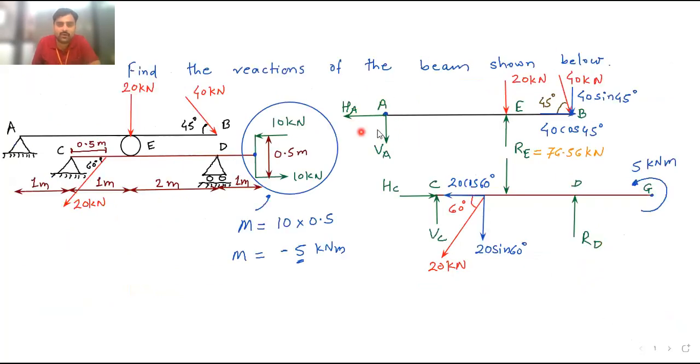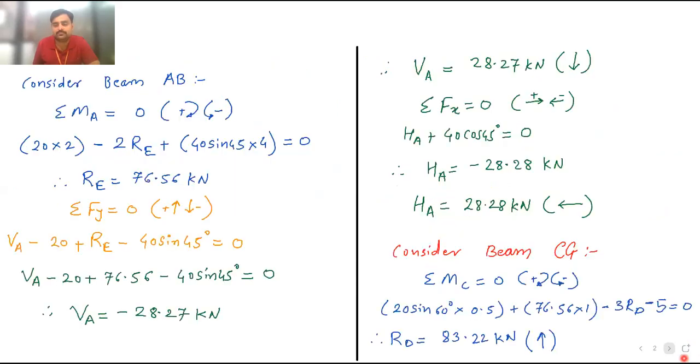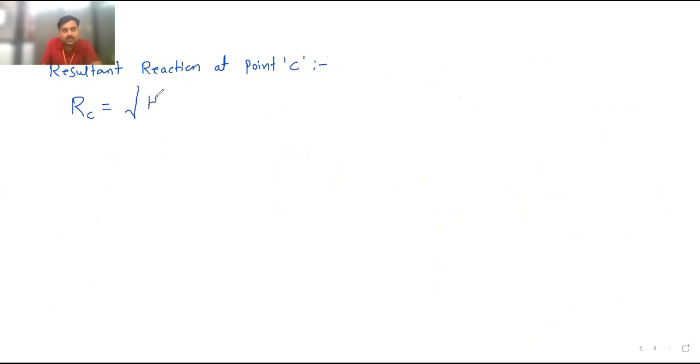Now we have solved it for RA and alpha A. Now same thing we should do for C, because at C also VC and HC both are present. So at point C, now the resultant reaction at point C we need to calculate. I will write here RC, that is the resultant reaction, which is equal to under root HC square plus VC square,